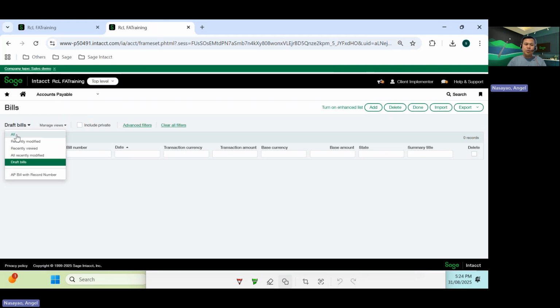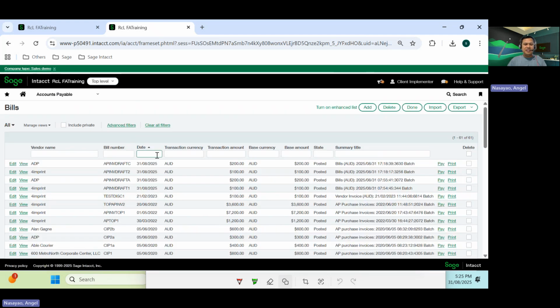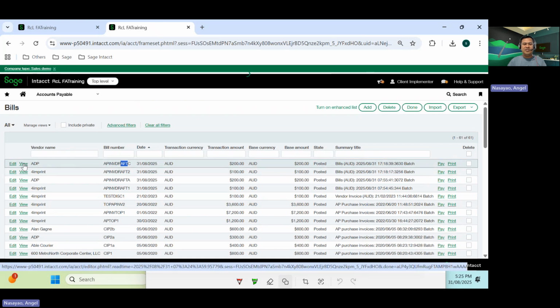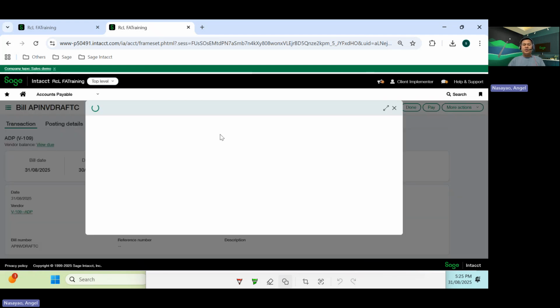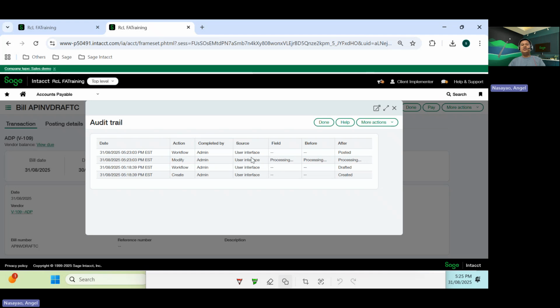And if we just change it to all, just for us to see, these are the ones that we created earlier. And you will notice in here, they've changed from draft to posted. So let's open up one of these and see if we can get it from here. View order trail. Okay, it's just generating. But yeah, hopefully, there you go. So before, it was draft in here. Initially we created it as draft, and now it's been posted after we triggered that